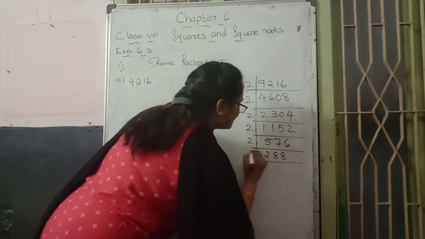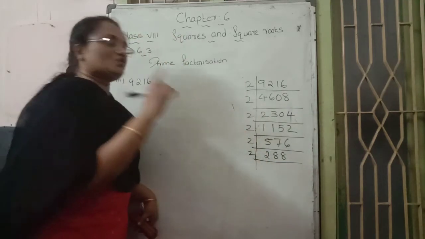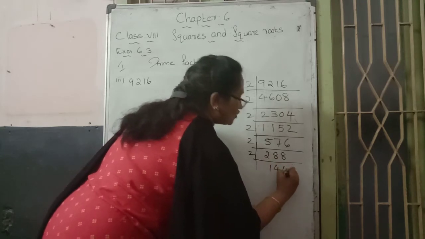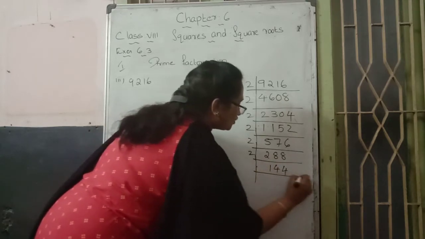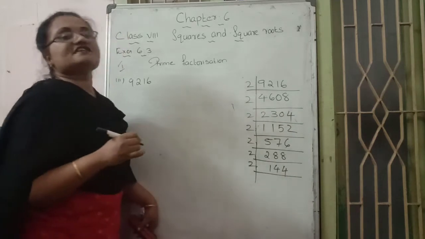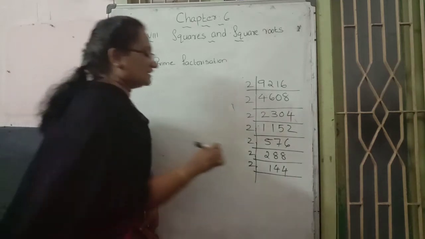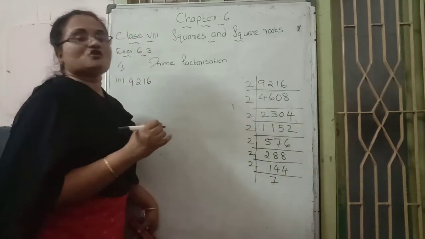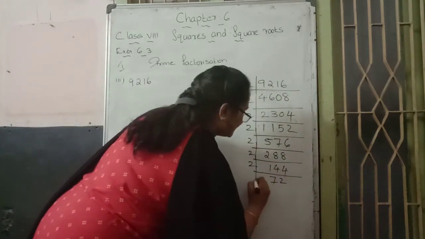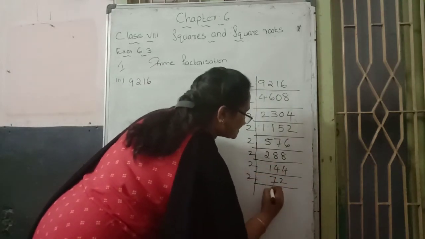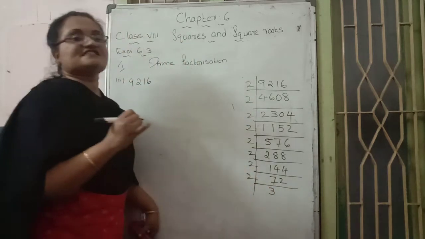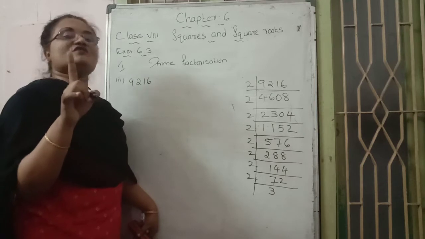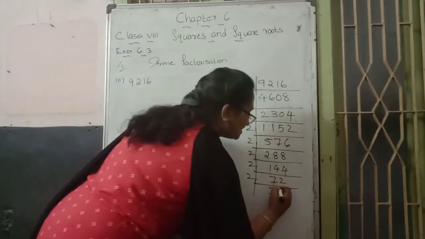Again we continue with that 2. 2 table 2, 1 time. 2 table 8, 4, 1, 0. Again continue with the prime number 2. What is the reason? The unit place is 4. Continue: 2 table 14, 7 times. 2 table 4, 2 times. Again continue with the 2. 2 table 7 is not there, the nearest answer is 6. 2 threes are 6. 7 and 6 subtraction, doing 1, and 2 joining, 6.